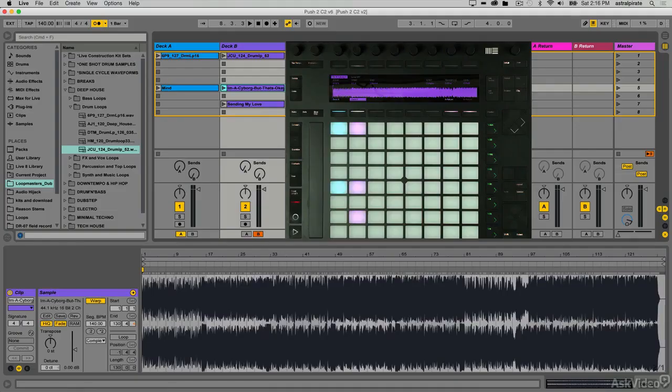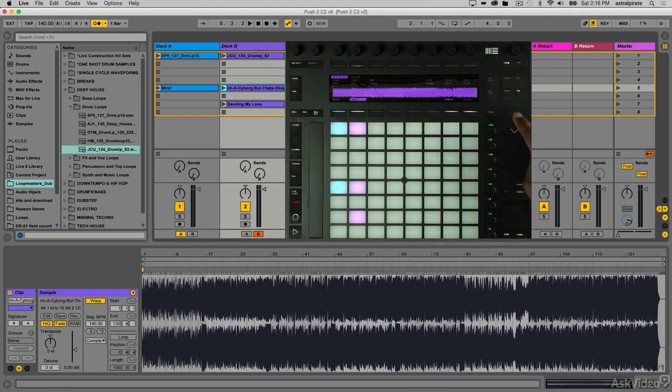Before we start adding more things here and really trying to fashion this into a proper DJ set, there's one very obvious thing that's been kind of bugging me, which is that I haven't been able to control my crossfader directly from Push. Now, as I'm adding in different clips, we can see the clips show up on their respective